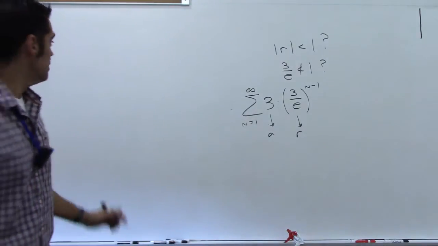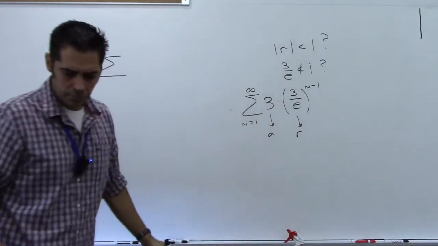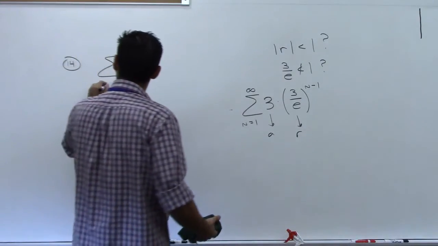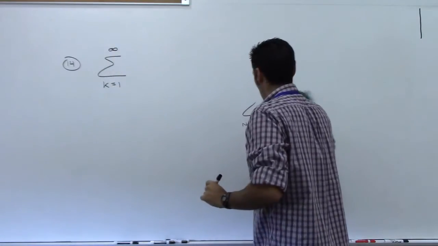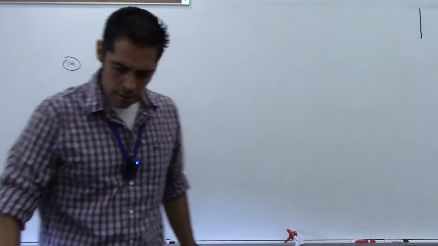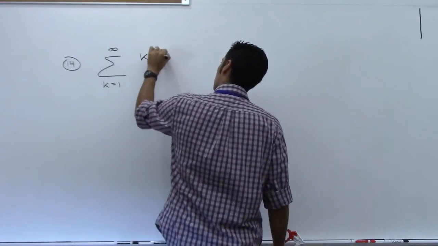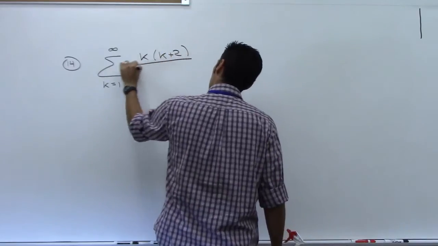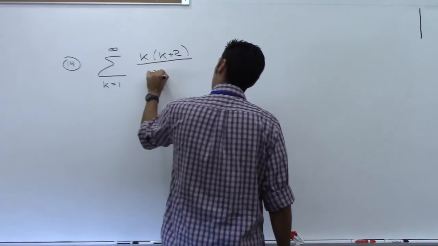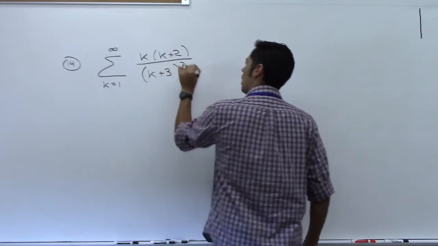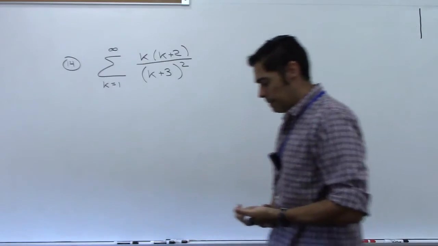Let's see, I think I'm going to need to do the evens here. 14. Sum k equals 1 to infinity of k times k plus 2 over k plus 3 squared. All right, so we have an important test